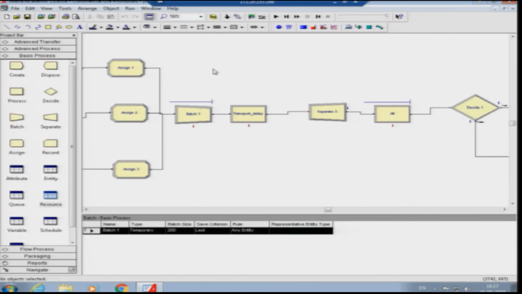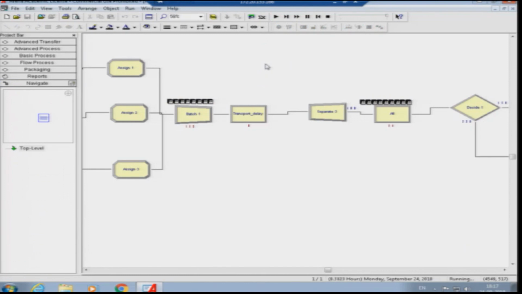Previously, near about the same number of entities entered the system and went out of the system. Now, we have increased the batch size to 200. Let us see how the system is affected by this.